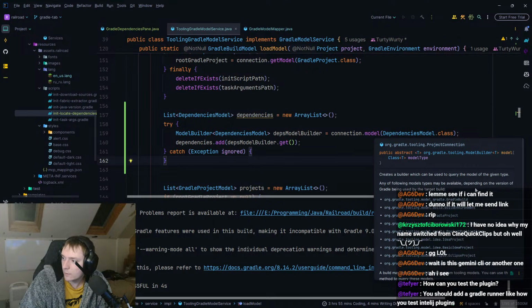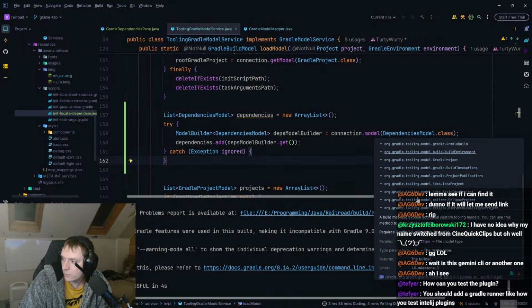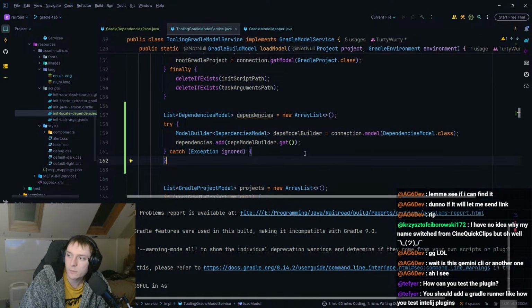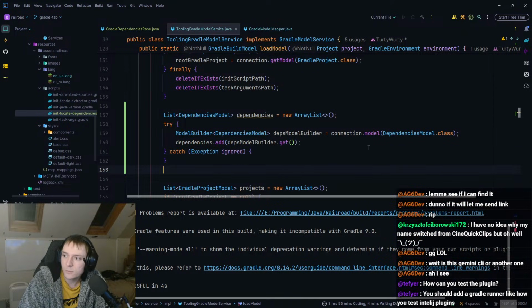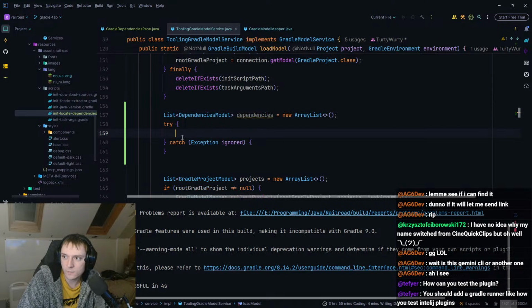Any of the following may be available. It may also expose additional custom tooling. No, because we need to add the plugin. Which is why we need to do the init script. So,